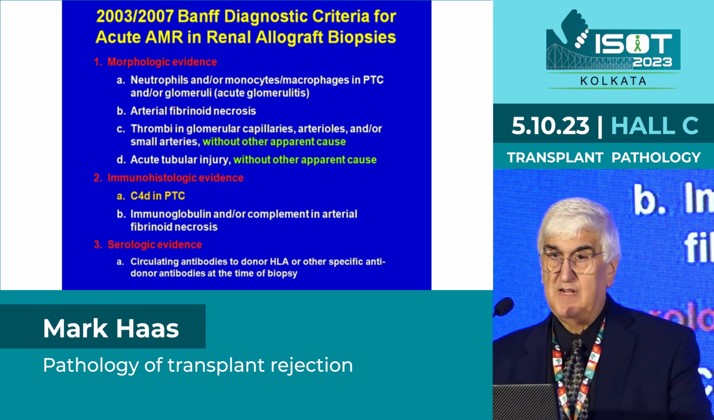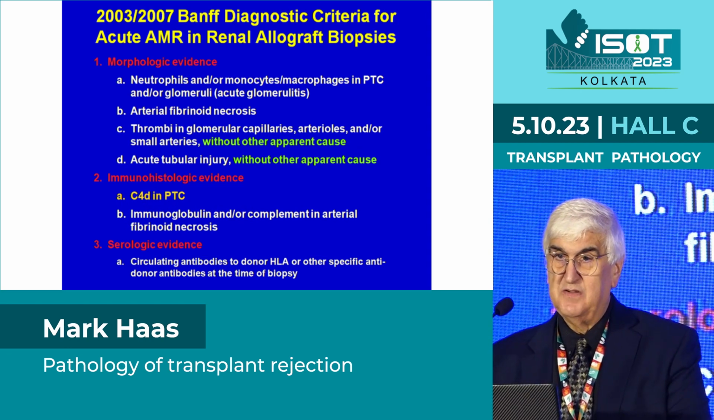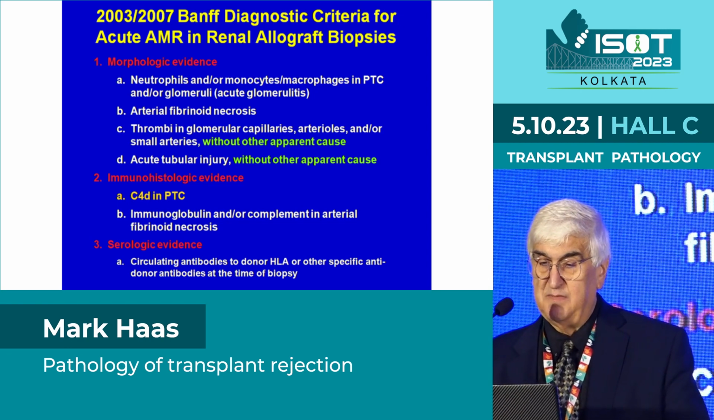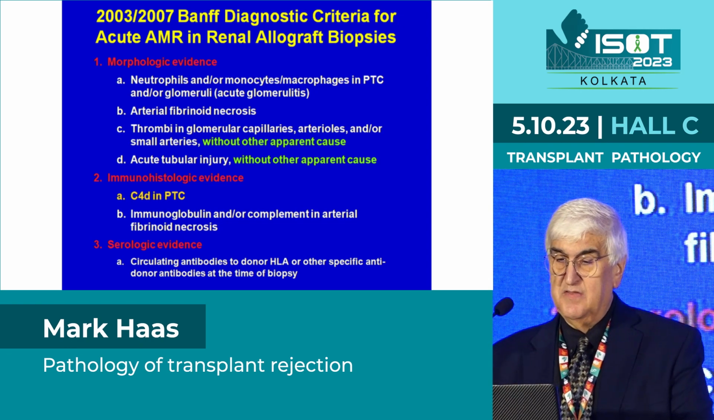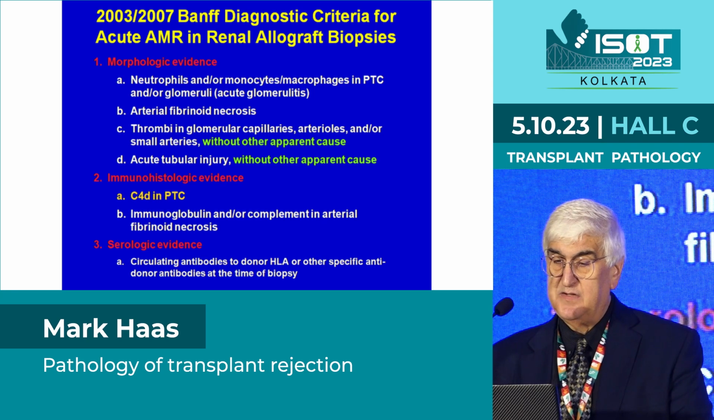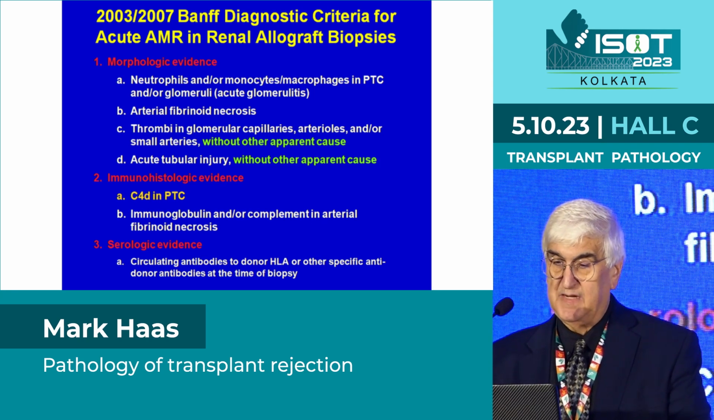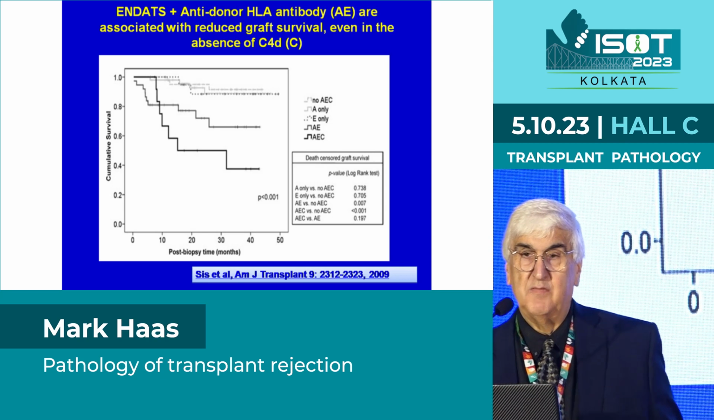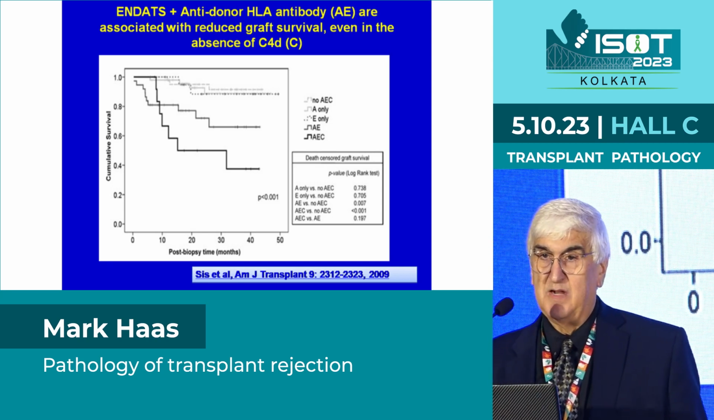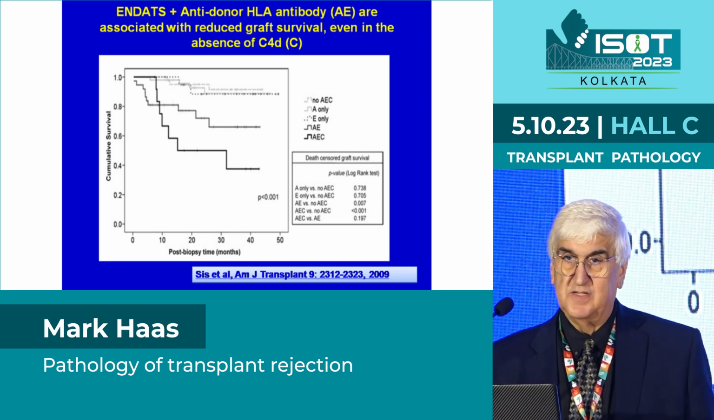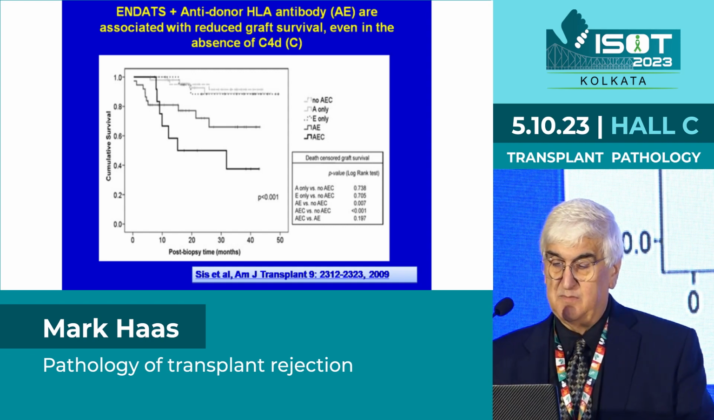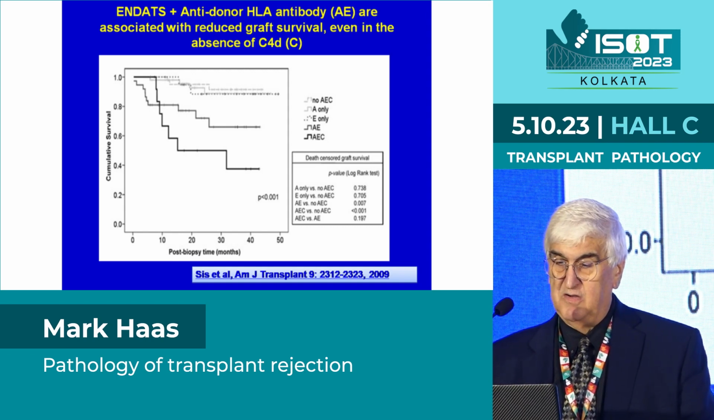And so in 2003, BAMF for the first time introduced criteria for active antibody-mediated rejection. There needed to be morphologic evidence, usually in the form of microvascular inflammation, immunohistologic evidence in the form of peritubular capillary C4D staining, and circulating donor-specific antibodies. However, not all cases of antibody-mediated rejection are C4D positive. And this has been shown in quite a number of studies, but this is one of the earlier studies showing